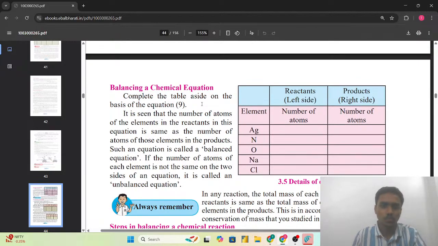will be creating a huge problem, as balancing a chemical equation is the major part. Later you will study about the stoichiometry and all. So balancing a chemical equation plays an important role in all the aspects of chemistry. So चलिए देखते हैं कि कैसे करते हैं बैलेंस रिएक्शन को। Complete the table aside on the basis of the